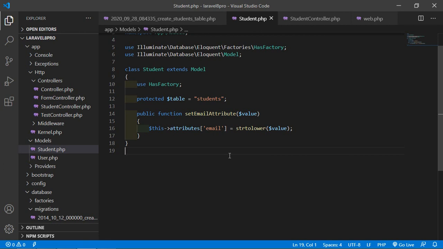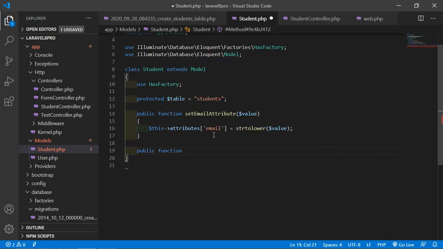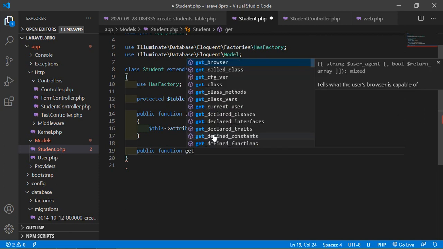Alright, now let's see the accessor. An accessor alters or modifies data after it's fetched from a database. So for creating the accessor, just write here public function inside the student model, and the accessor syntax is get, and just add here the column name.